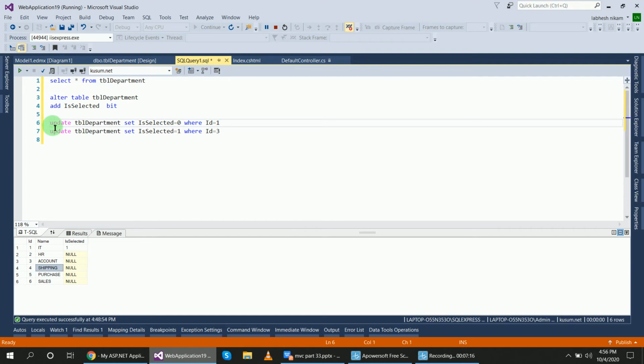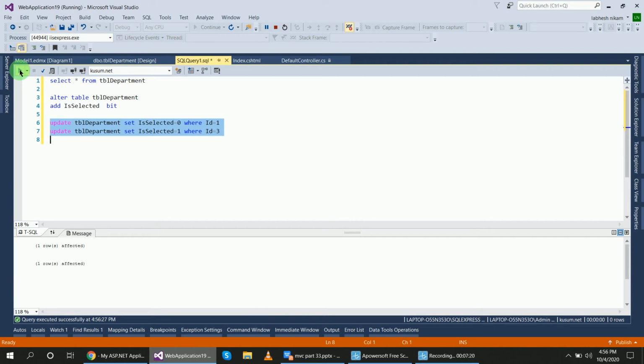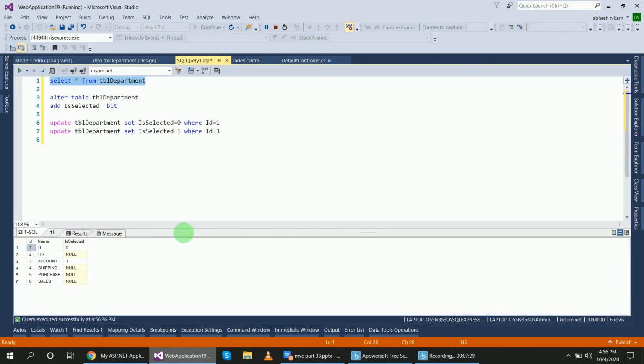We run both of these, and now you can see in the table that IT is now 0 and Accounts is 1.